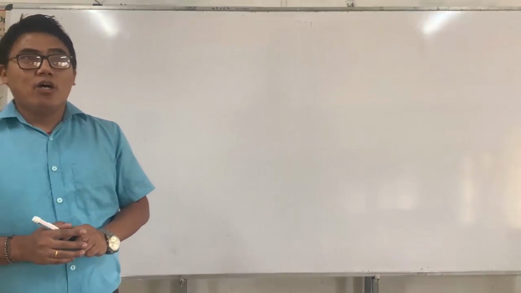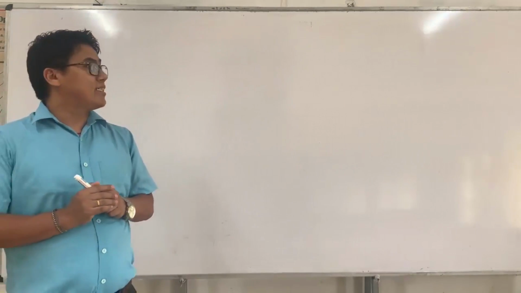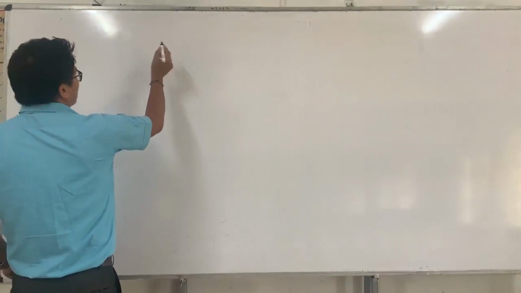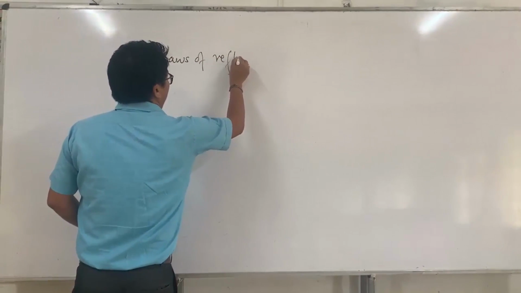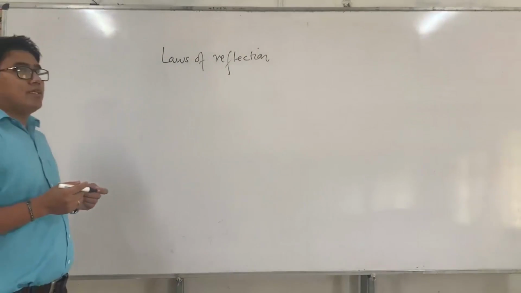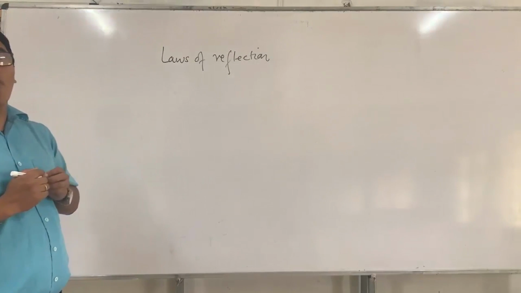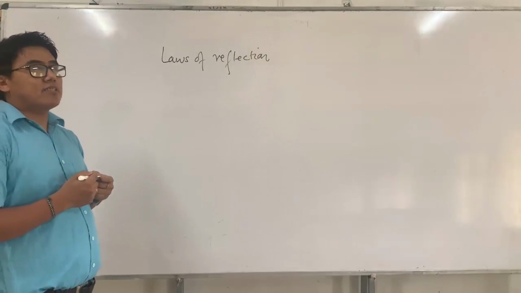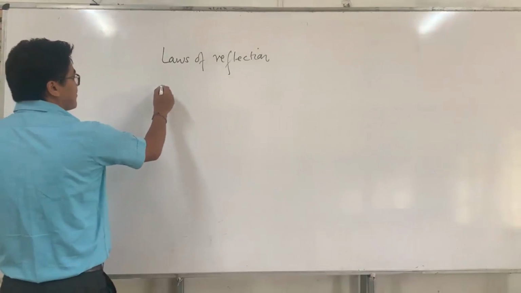Hi everybody. So last time we talked about reflection of light. If I do a small recapitulation, we have done laws of reflection, and we talked about important parameters involved in reflection such as focal length, focus, radius of curvature, image, types of image, and then we talked about image formation,